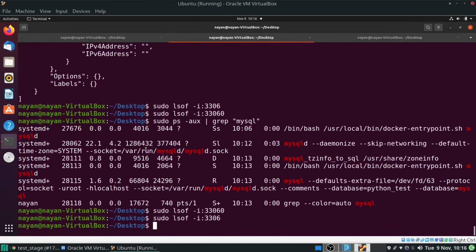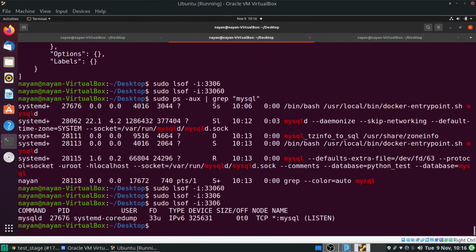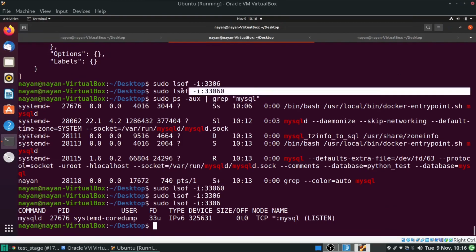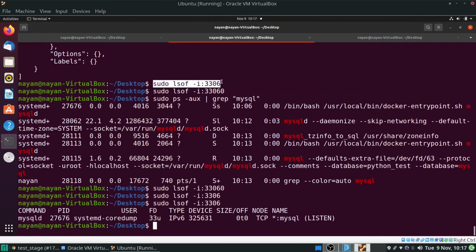Let me execute this command again, and you can see that this time we have got a service running on port 3306, and this service is MySQL. The reason we were not getting any output using this command until now was that the MySQL services were not up and running and not ready to be accessed.